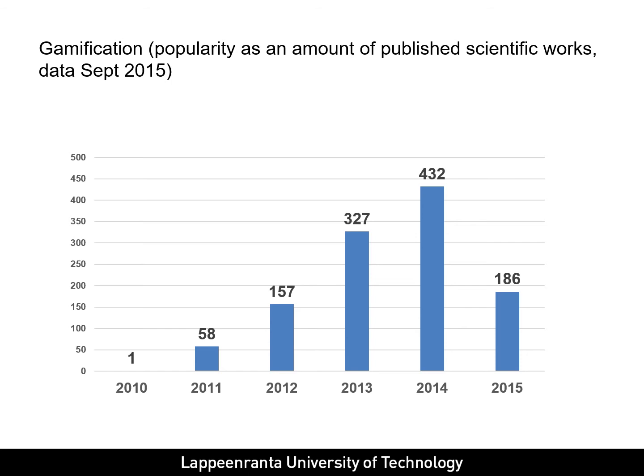For example, in 2010, about 2 years after the term was coined at a software design conference, there was one publication. In 2011, 58, then 100 more, then 150 more, again 100 more, and in 2015, when this data was collected, we were already 3 months into the year and reaching 200 papers. Of course, doing this analysis again this year would probably give us several thousand papers or designs or proposals or some other things,